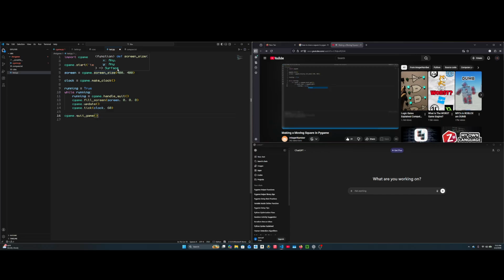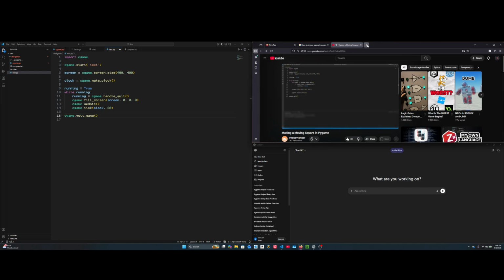Now we can basically fill the screen white and then update it and then quit pygame. So to do that, we're going to say screen.fill. The color will be 255, 255, 255, which is white. And then we're going to do pygame.display.flip. Update the display. And then in the end, we're going to quit pygame. So now we can set up the player using